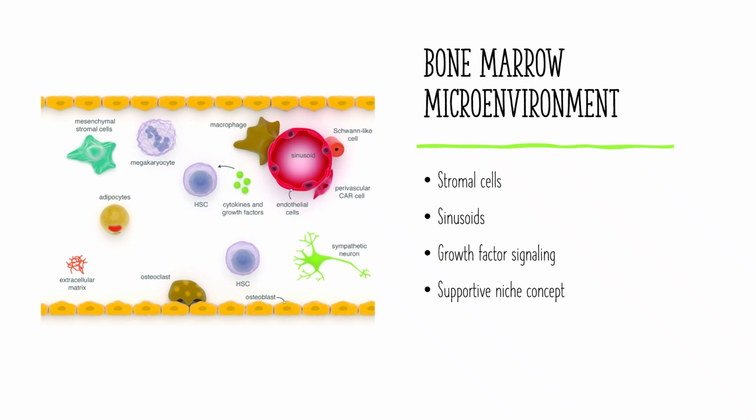Growth factors and cytokines act like biochemical instructions telling cells what lineage to follow and when to mature. Without these signals, normal hematopoiesis cannot occur. From a laboratory perspective, this explains why marrow disease isn't always a problem with the stem cells themselves. Sometimes the environment supporting them is disrupted. Fibrosis, inflammation, or infiltration by tumor cells can alter the niche and change maturation patterns, which is exactly what pathologists